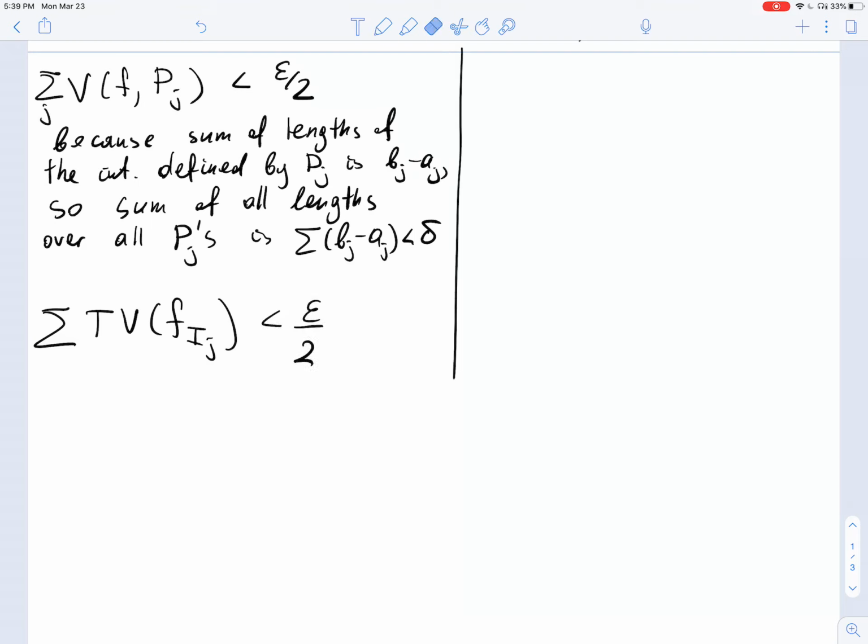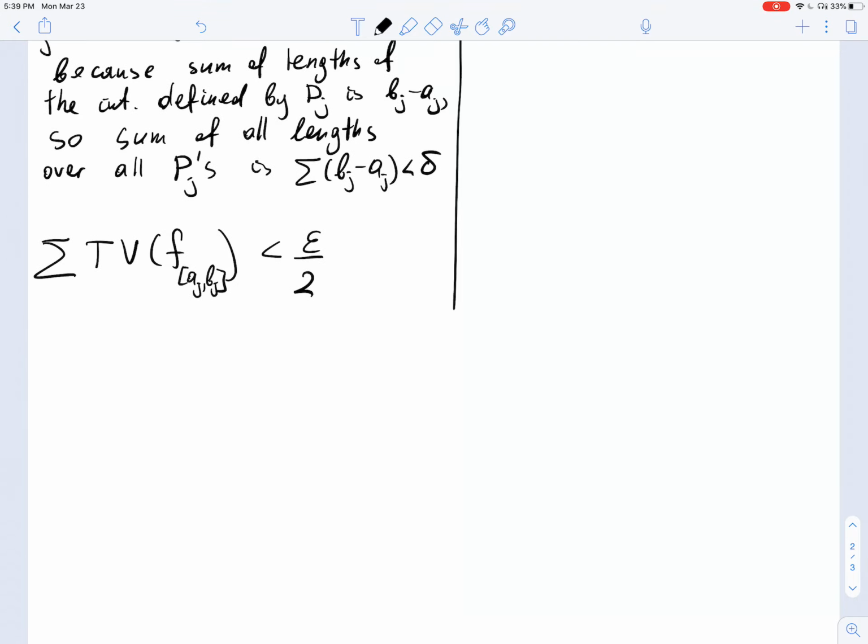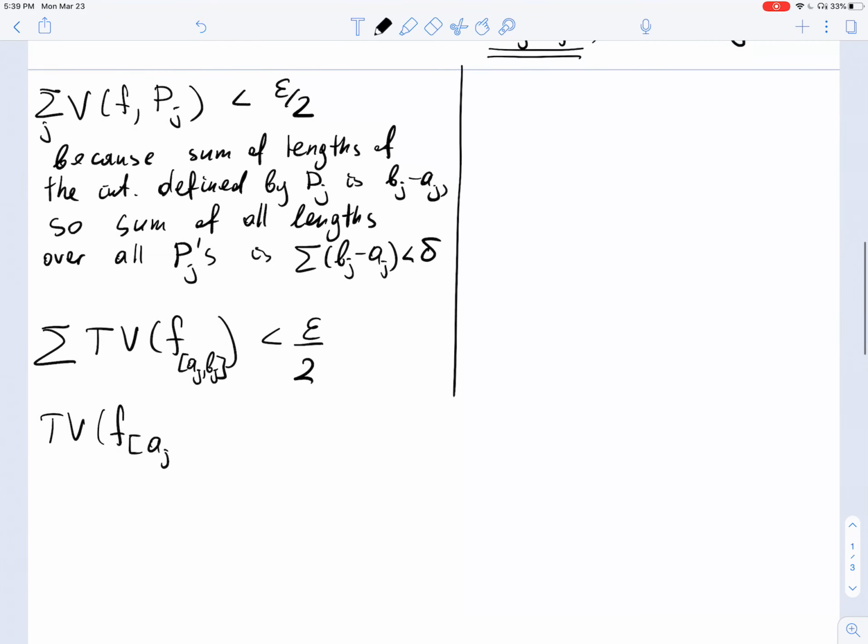Okay, and what is ij? Ij is aj, bj. Okay, however, we know that this, and this we proved last time. Okay, I'm not using my right-hand side board. So we know this. So this is phi of bj minus phi of aj. And we're done. So we know that the sum of this